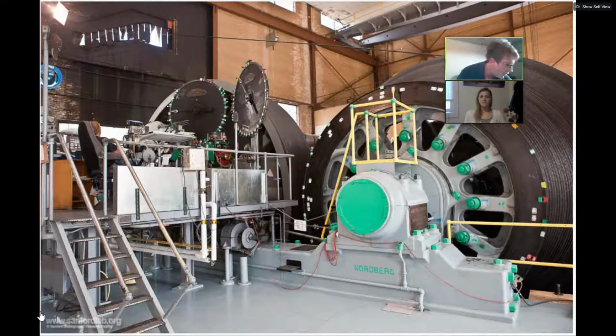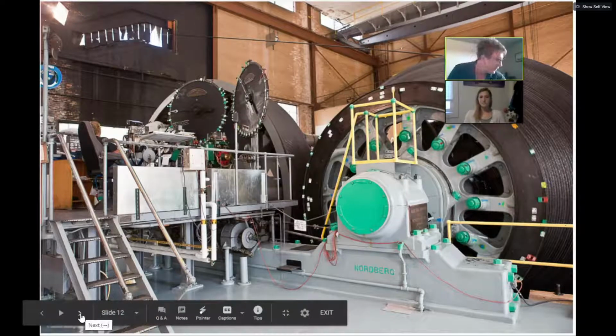Okay, so let's see here. So one more picture, I think, actually, before